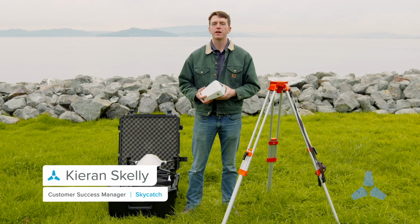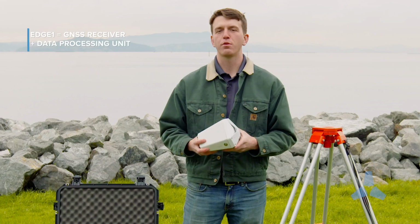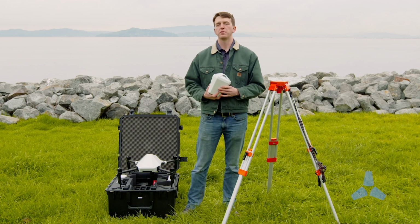Today we're going to go over how to set up the Edge1 to log corrections in the field. The Edge1 is both a GNSS receiver and data processing unit. What this means is that you can collect high accuracy data and process it immediately, producing 3D maps in less